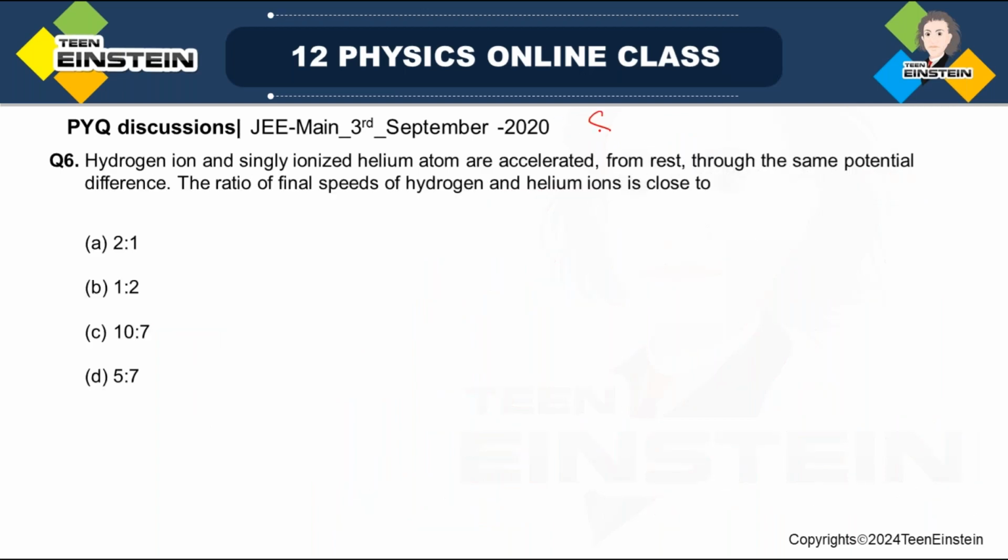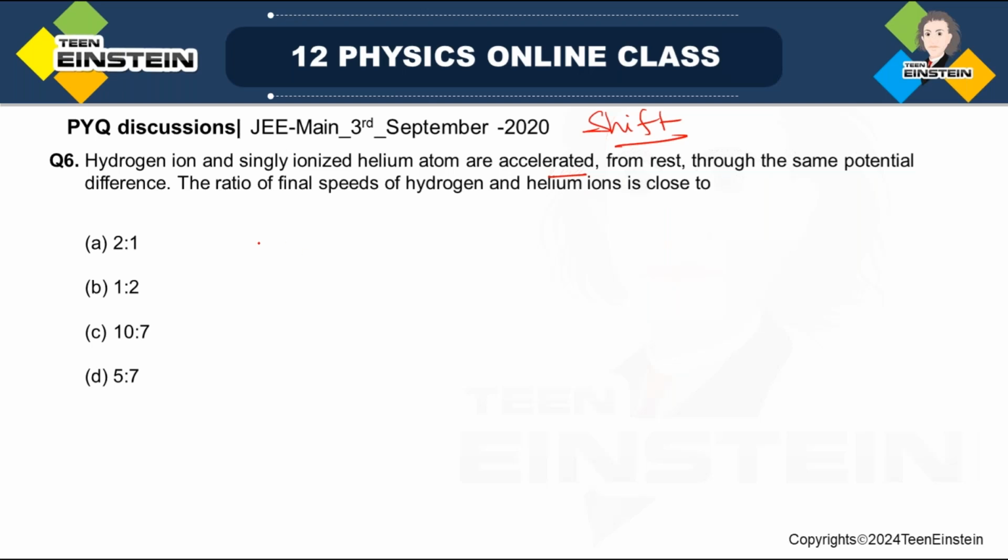Now again from shift to second problem, and hopefully today we'll stop with this. This is the last problem for today's session. Let us solve it attentively. A hydrogen ion and a singly ionized helium atom are accelerated from rest through the same potential difference. The ratio of the final speed of hydrogen and helium ion is close to: